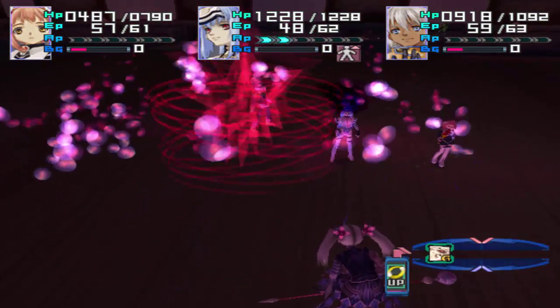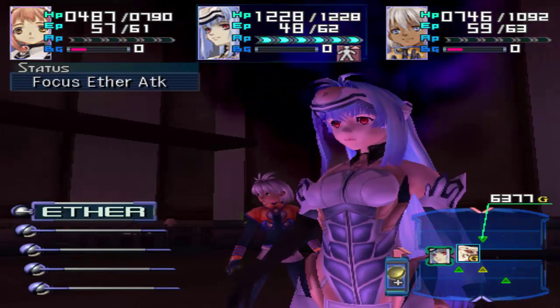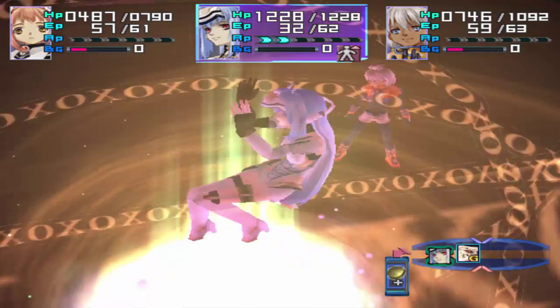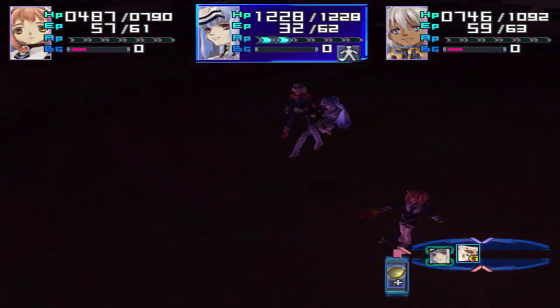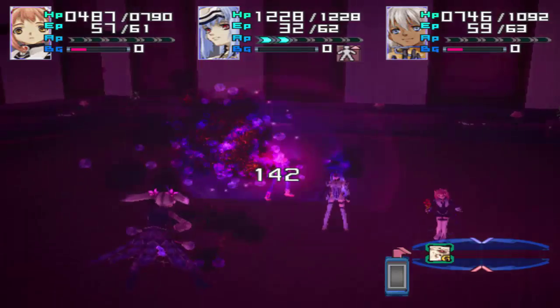Alright, next round, I think Chaos... Yeah, that can also hit you to the back row, by the way. So... Speed 50, focus ether attack. So yeah, just need to go for ether limit. And then I should be able to take you down pretty quickly, because KOS-MOS, even though Minisha, or however you